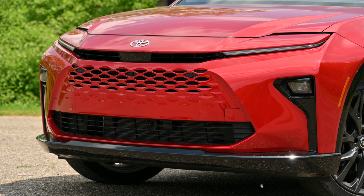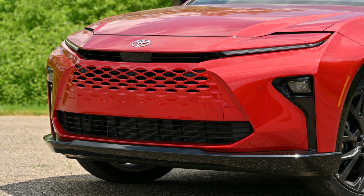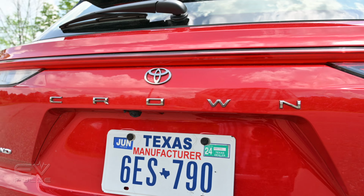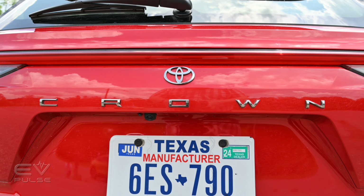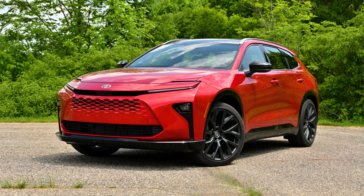Only available as a hybrid, which Toyota is famous for building instead of pure EVs like other manufacturers, the 2025 Crown Signia, not Insignia, just Signia, is a long-roof version of the already elevated Crown sedan. Now, the automaker calls this vehicle a crossover, but we all know what it really is, a station wagon, and